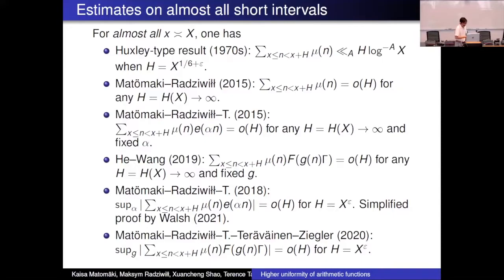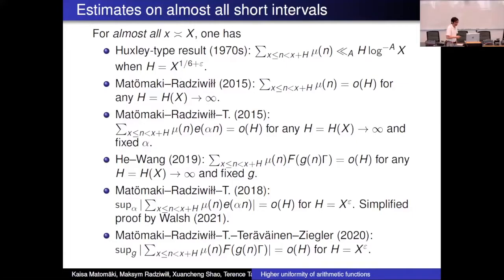In order to fit everything on the slide, I skipped over the quantifiers. So you fix the nilmanifold, and you can fix, say, the Lipschitz function, but you can sup over all polynomial sequences, and that's the analog of supping over this frequency alpha here. Of course, the decay will depend on the dimension and the nilpotency class of the nilmanifold, and also the Lipschitz constant of the function.